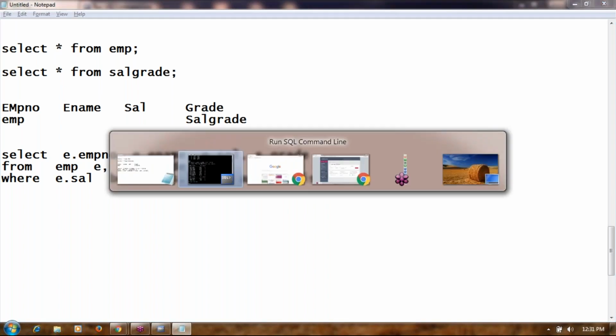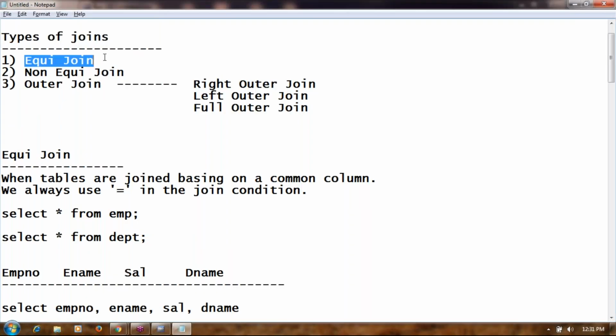Most of the time, 90%, we go for equijoins, because the database designers design the tables in such a way that they maintain common columns between the tables. At the time of designing the database, they always maintain common columns between the tables. From a developer perspective, the developer can easily write the joins and pull the data from multiple tables. So most of the time we go for equijoins. Very rarely we use non-equijoin. Okay, but this is about non-equijoin. Let's move to the third type of join, outer joins.